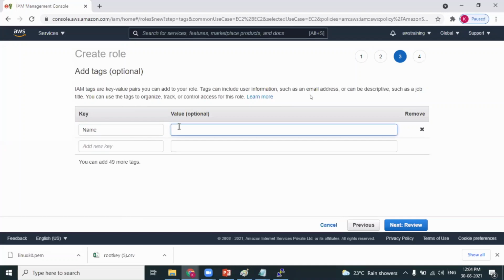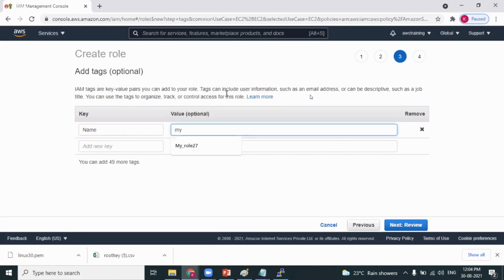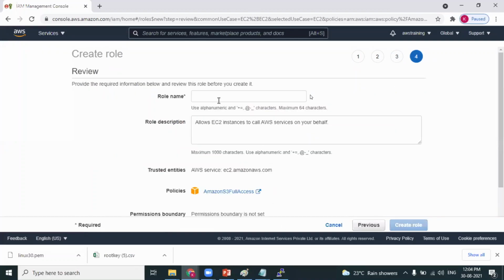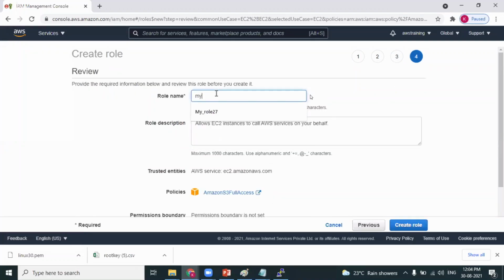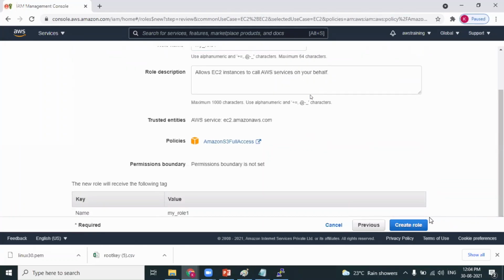Name tag. What is the role name? my_role1 is the name of the role. Right. Review the details. Okay, here also we can provide the role name. That's fine. my_role1 is the name of the role. And then I go ahead and create the role.